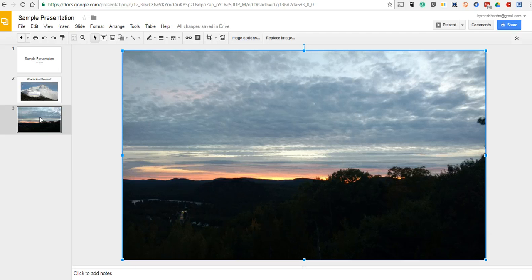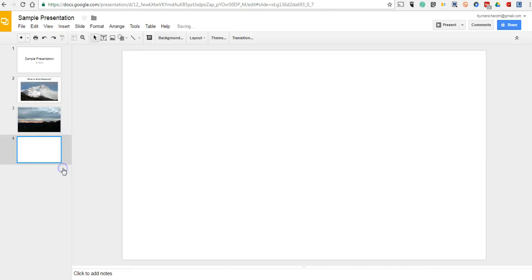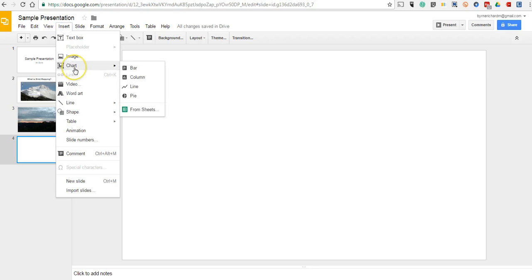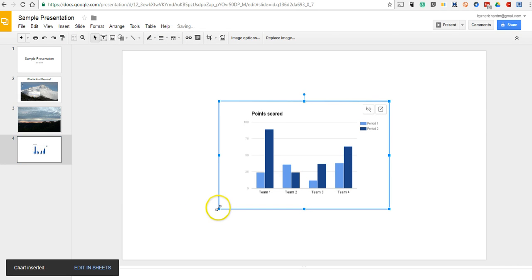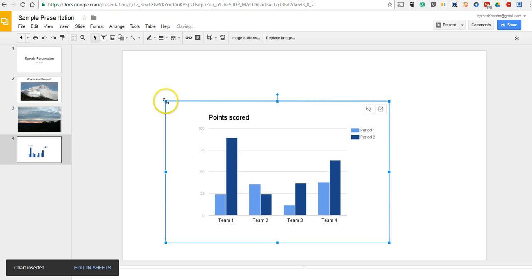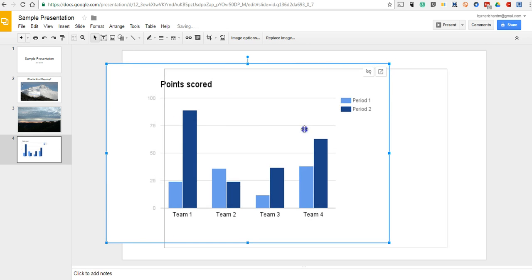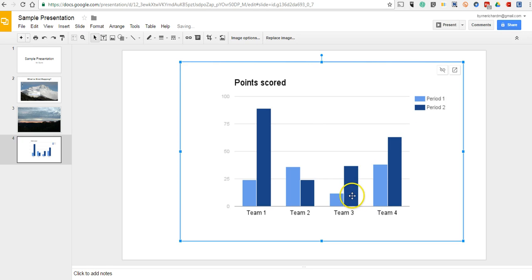The next feature we're going to take a look at is the option for including charts. So let's include a new slide, and let's go up and choose the option to insert a chart. Now, our chart can be generated from Google Sheets if we've previously created things in Google Sheets, or you can go in and, let's say, create a column. Now we can click and drag and expand the size of that and center it up. Now, if I want to edit the content of this chart, we'll select Open in Sheets,